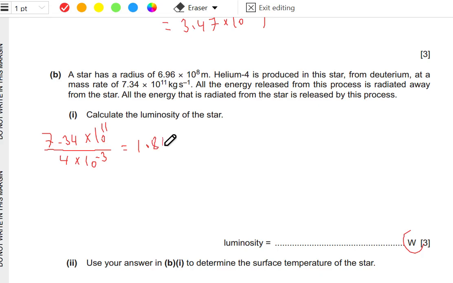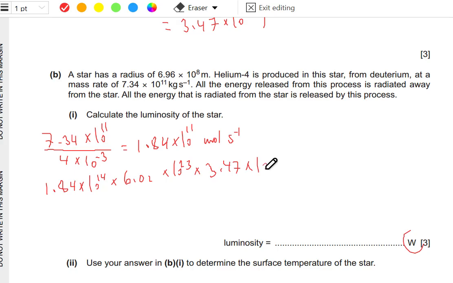I'll get 1.84 times 10 to 11 mole. This is in seconds. Multiplying it by Avogadro's number and by energy for one atom or one nucleus formed, we will get the answer as